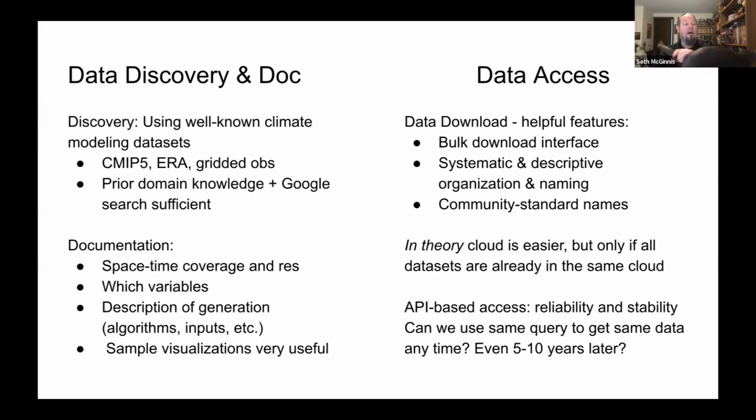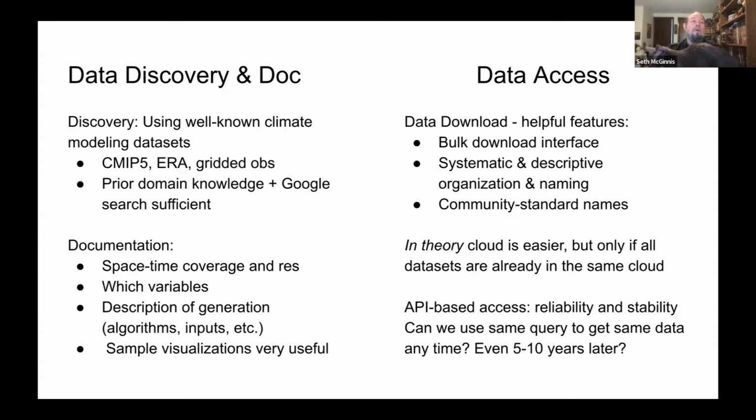machine learning are. And I will also add that sample visualizations of a data set can be really helpful, because if you just have a map of, here's an example of some of the data from this data set, that can communicate in a single picture something that would take a long time to figure out in words. You just look at it and say, oh, okay, that's not at all what I wanted, or, oh, okay, I understand the spatial domains of this. Yeah, I think that'll work.